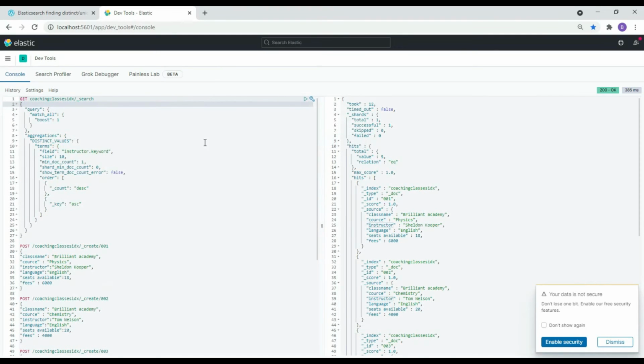Yeah, so you can see this is my index, and on my index I'm fetching all the data with a match all query, and here I'm applying the aggregation. What type of aggregation? I have to apply the distinct values for the term instructor. Okay, so this is a basic Elastic query to find the distinct records for a particular field from the index. This is the size, it will return up to 10 records. This size we can specify from the request, along with the minimum count and the order. Let's execute this query.